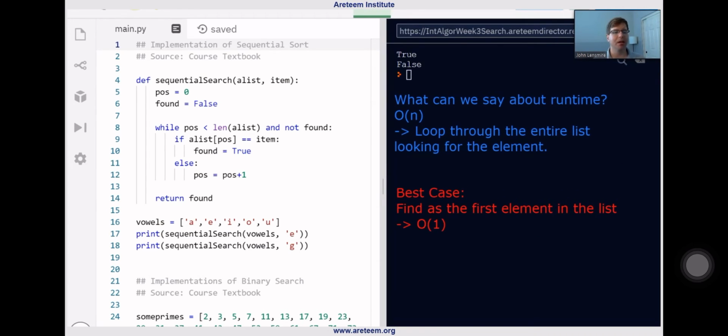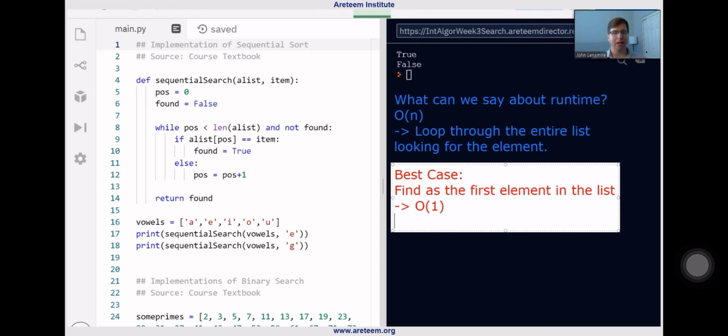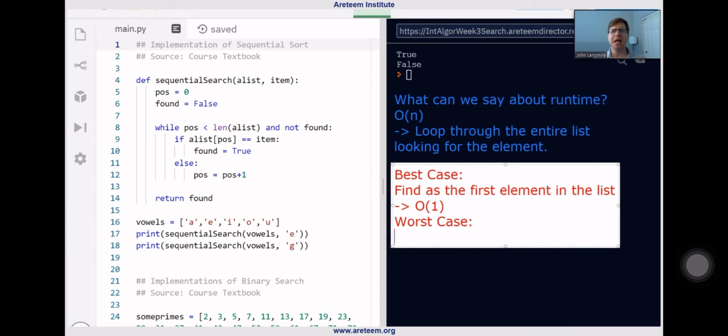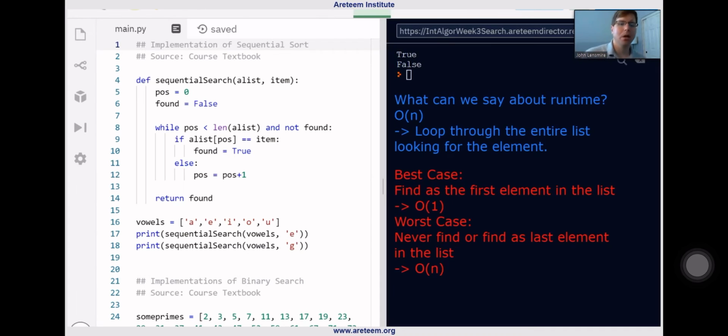Of course, there might be a couple of different steps, a couple of different checks or things like that, but it's some constant number of things there. So the worst case is here. We maybe never find the element, or find the element as the last element in the list. And so this is clearly an O of n case here. Now, why do we want to oftentimes think about worst case, or think about the different scenarios here? And what gets a little bit weird is: